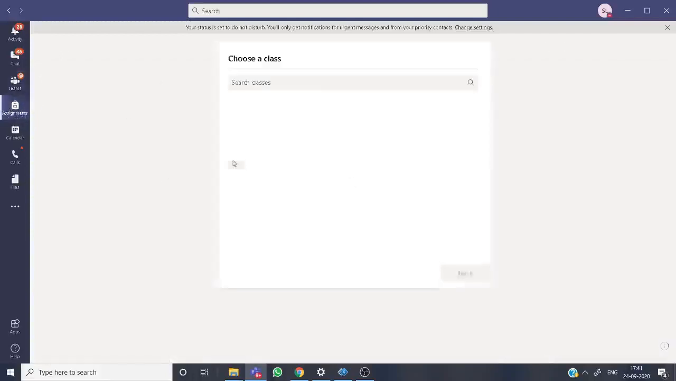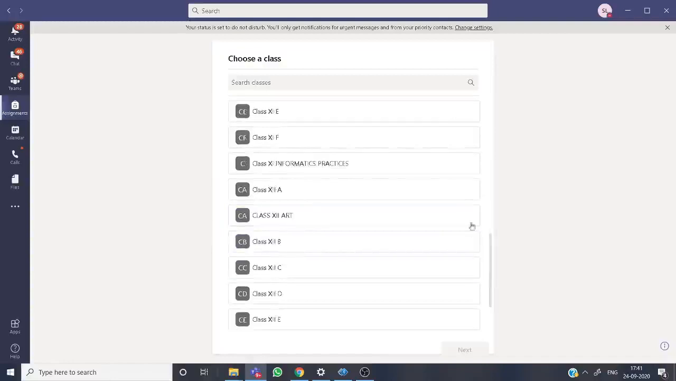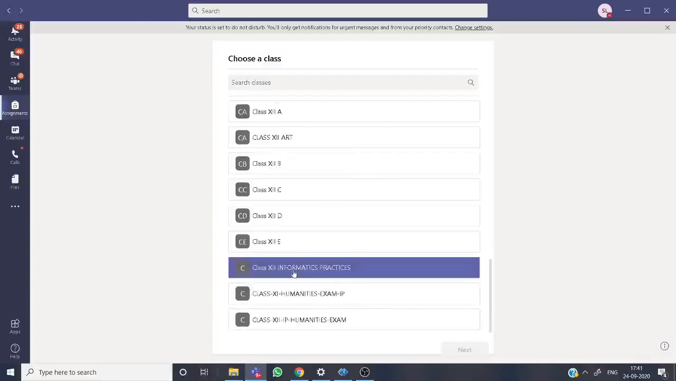Click on that, and after that, for example, there are two cases. You want to send an assignment to a single class or multiple classes. But here you select only one class as a base. For example, I'm going to select class 12th IP. So accordingly you can select. In this step you cannot select multiple classes. That step will come later, I will tell you. Class 12th IP. Click on next,